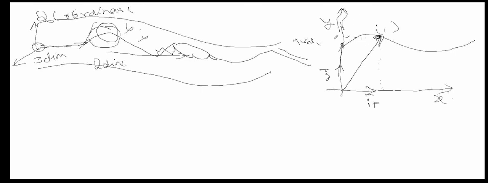Here I can write y of f as a function of f of x, because as x is changing, y is also going to change. So this is the position vector, represented by r vector,